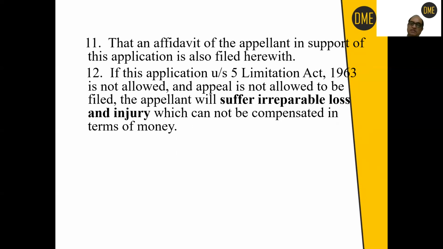You see, both the things will be filed simultaneously in the court. You will draft a memorandum of first appeal, and you will at the same time draft an application under section 5 of the Limitation Act also. If your application under section 5 is allowed, then hearing on admission of the appeal will be made. But if your application under section 5 is dismissed, then your appeal stands rejected because it is time barred.